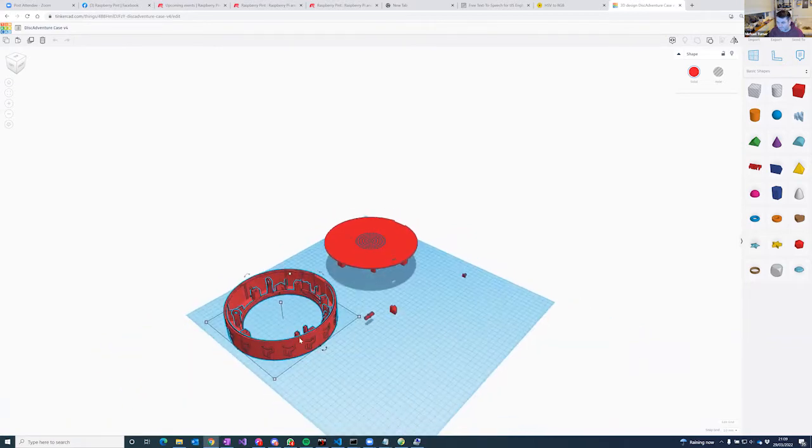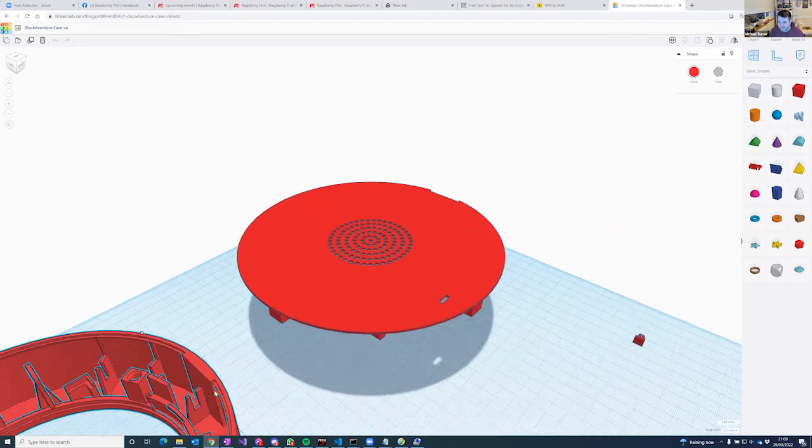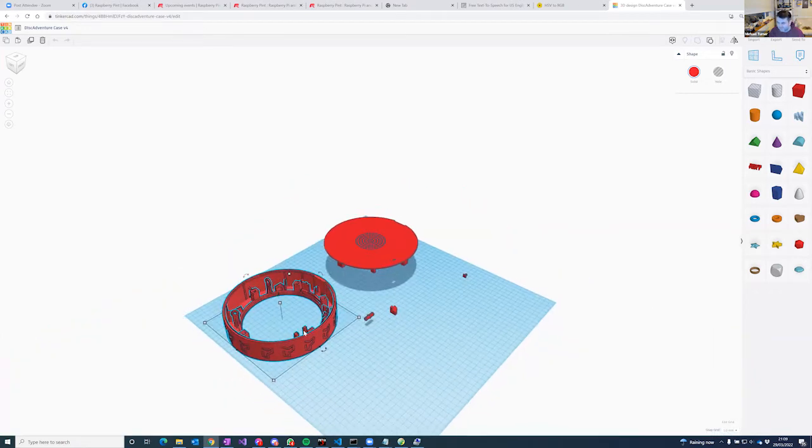So this bit, zoomed out too much. This bit, it's being really laggy. There we go. Right. So that bit just there, that holds a little charger module that allows me to connect a USB-C cable into to charge it. And then because I learned this lesson early on, this is one of my many lessons learned,